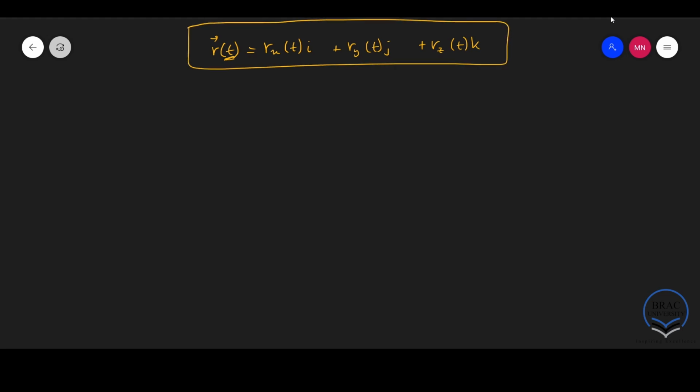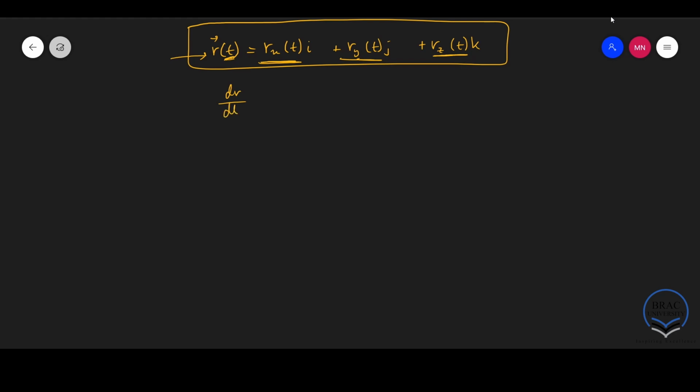Now, in the previous video, we showed that if I have a vector function r of t, so we have some scalar variable t, we can express this as rx of t i plus ry of t j plus rz of t k, right? So we have some vector function where each of these are my x, y, and z components of this vector. And if I were to find the derivative of this with respect to t,